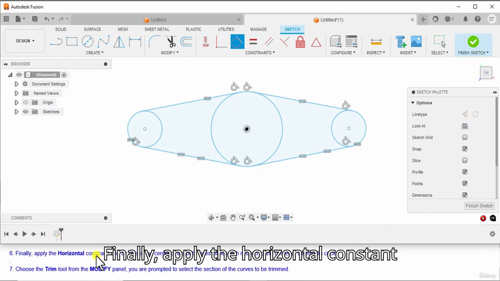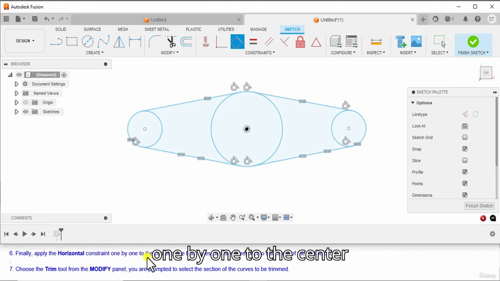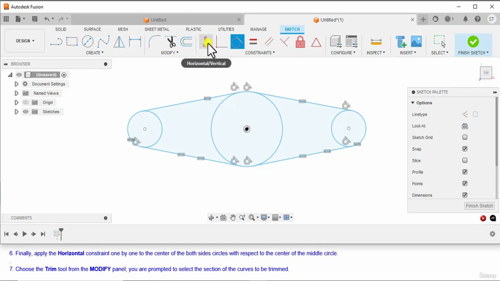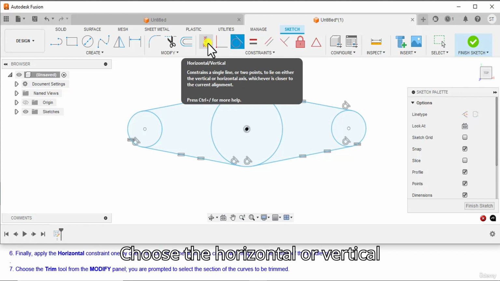Finally, apply the horizontal constraint one by one to the centers of both side circles with respect to the center of the middle circle. Choose the horizontal or vertical constraint from the constraint panel.